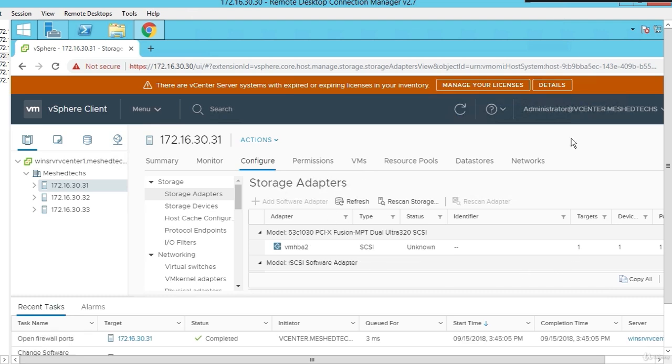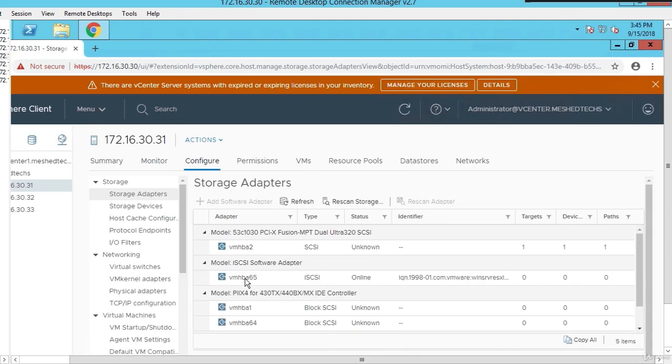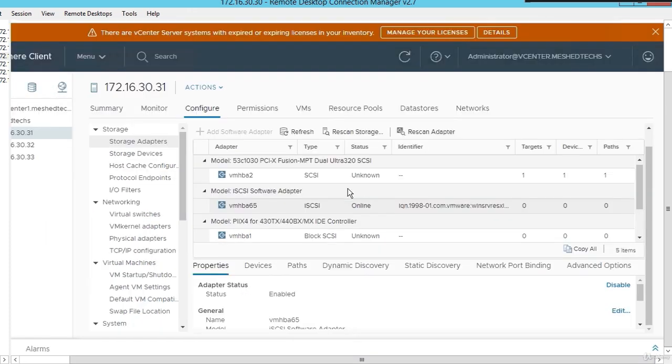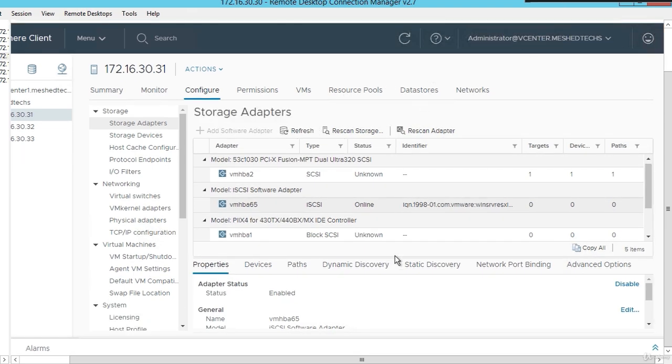Okay, that's completed. When you do that, you're going to have something that looks like this, the iSCSI software adapter right there. So we're going to select the iSCSI software adapter. Click on Properties. If you have a smaller screen, let me close this out, maybe I can give you more real estate so you can see it. Yeah. So Properties, then